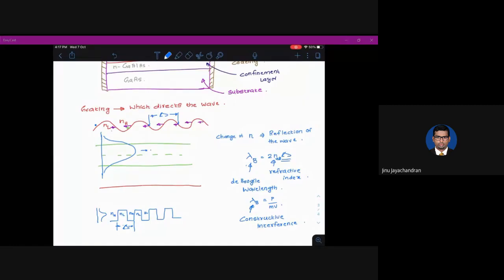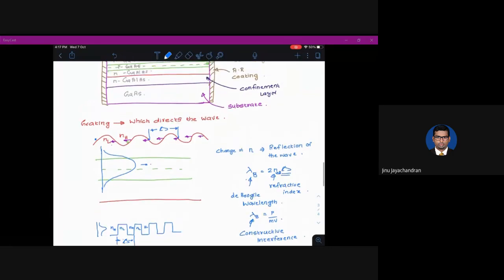So that's why it is called a distributed feedback laser. The feedback is given by the reflection, and the reflected wave whose wavelength satisfies this condition will survive, where the condition has n effective as the effective refractive index, and capital lambda as the distance between any two in-phase points in the corrugated grating. Only those waves will have constructive interference and survive, and all other waves will have destructive interference and move out of the cavity.